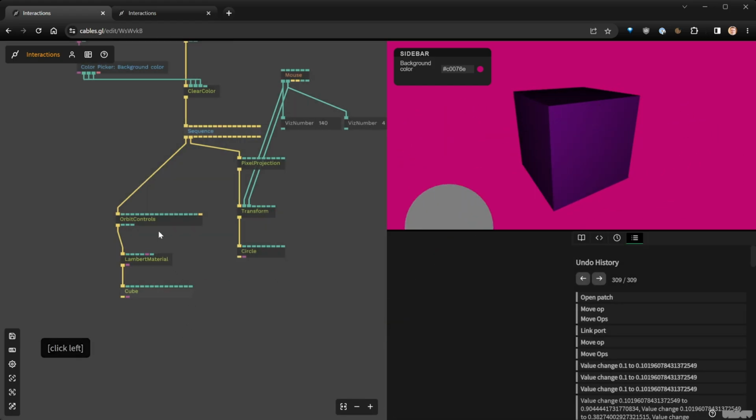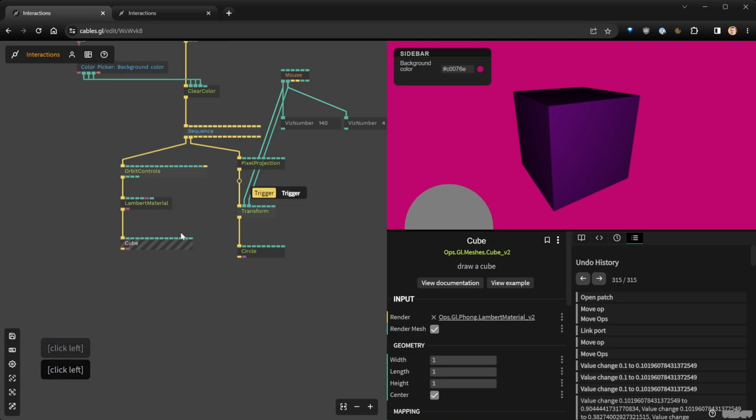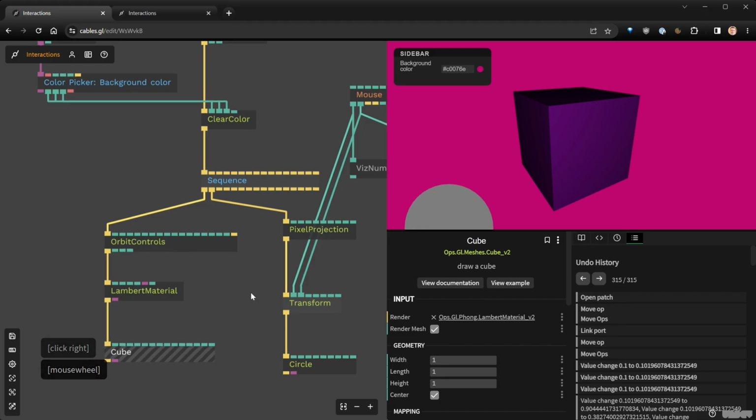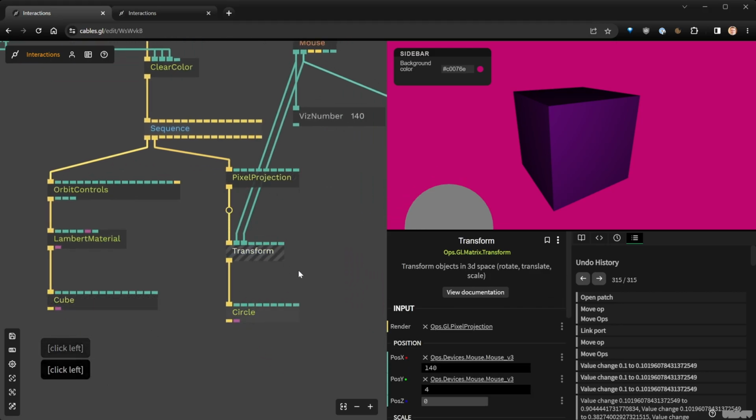So I hope this was a clear explanation about how you can mix different coordinate systems. It's very handy, and it's quite simple if you think about it. Everything that is below pixel projection will be in pixels, so the numbers need to be much bigger than what we have when we use the regular